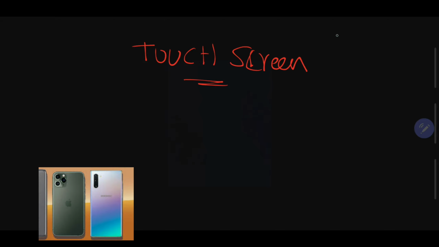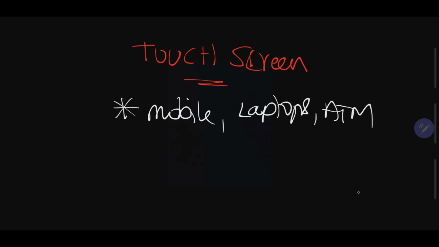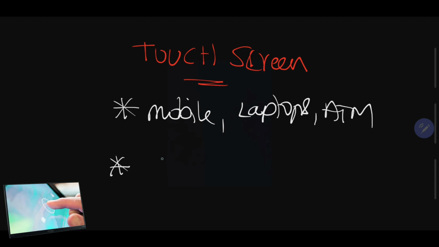Next one is touch screen. Nowadays most of the laptops, mobile screens and ATM machines, everything comes under touch screens. When we touch a screen, it can be detected and it responds as per your requirement, right.